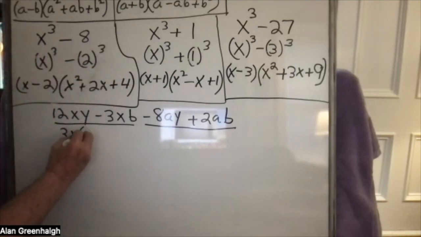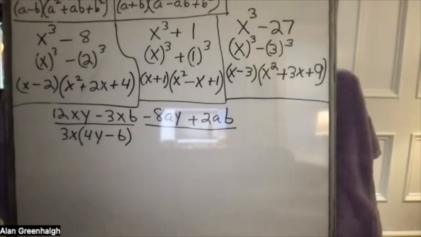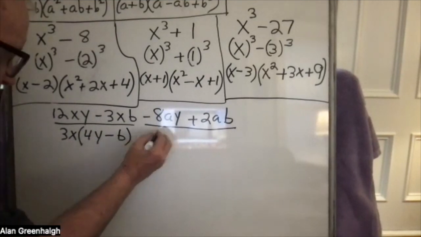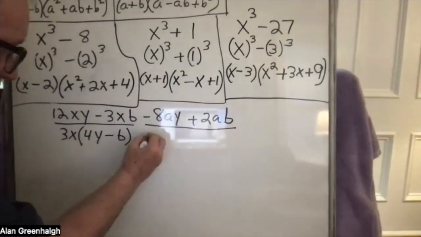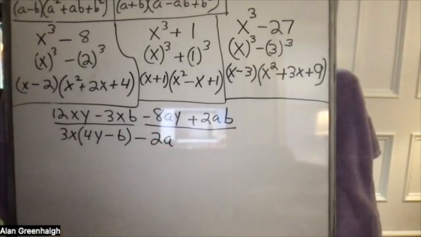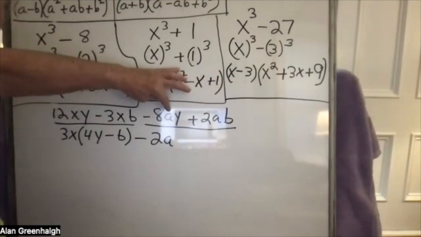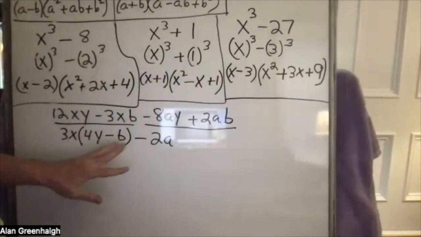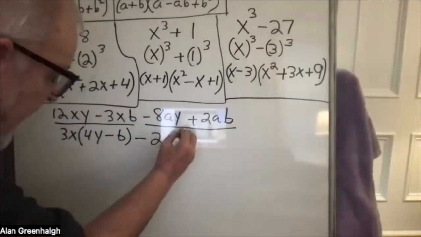So we're left with 4y minus b. And then here we could take out the common factor of 2a, because 2 goes into 8, 2 goes into 2, a goes into ay, a goes into ab, very nice. Also take out the minus. This is what I didn't do before. Take out the minus, and you're left with